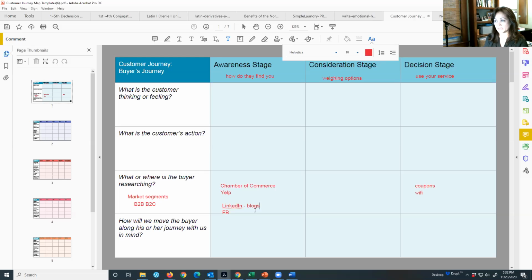Okay, so that is all the stuff that you will put in here, how we move them along on their journey. Okay, that makes sense. That one's hard, mostly because we can't find an example online, but this is exactly how sales works. Same thing for Niyurka with your retreats. You have to give them something little to get them comfortable buying from you before they will pay for that big ticket,